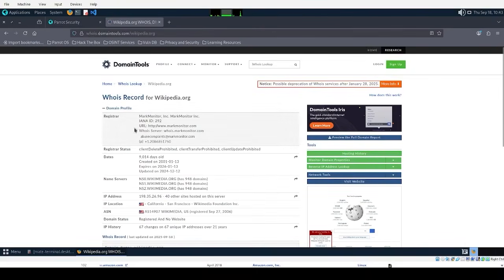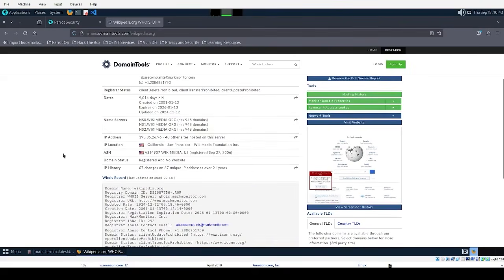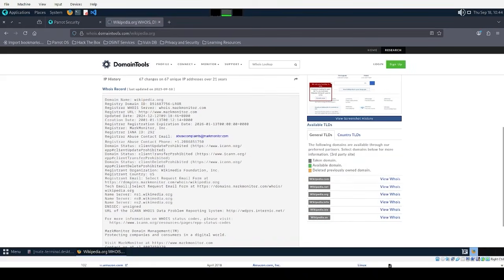Here we can see detailed domain information, including the registrar, registrar status, registration dates, name servers, IP address, IP location, ASN, and overall domain status. This data is extremely valuable in OSINT and cybersecurity investigations, as it helps us understand the background and technical details